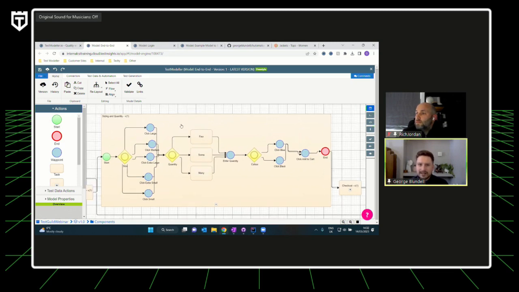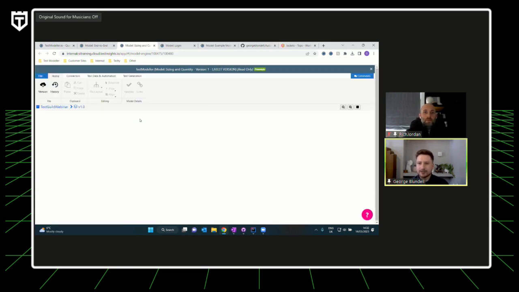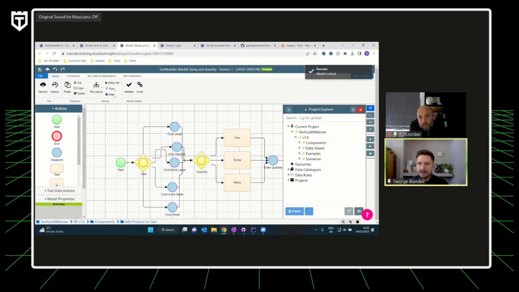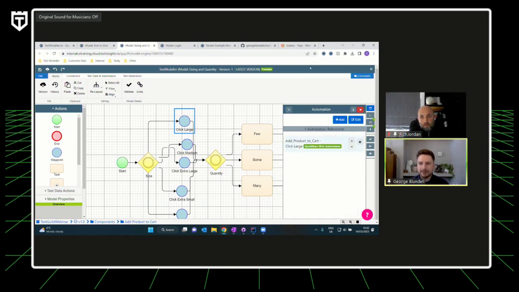Now, underneath here, it's not just a visual map of what's going on. We also have the ability to overlay test data and overlay test automation onto these models. If I come in here and take a closer look, underneath these blue waypoints we have a series of automation references. These automation references are essentially code snippets that have been overlaid on top of our model. In this instance, this code snippet has actually come from our web scanner.